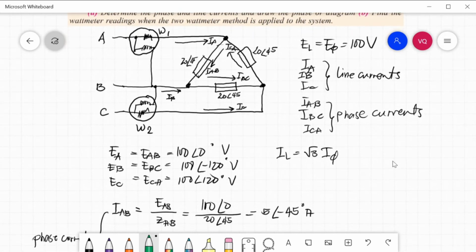So our phase voltage and line voltage are 100 angle 0 degrees. EBC is 100 angle negative 120. This is the phase voltage which is equal to the line voltage. So line voltage ECA is 100 angle positive 120 degrees volts. For the